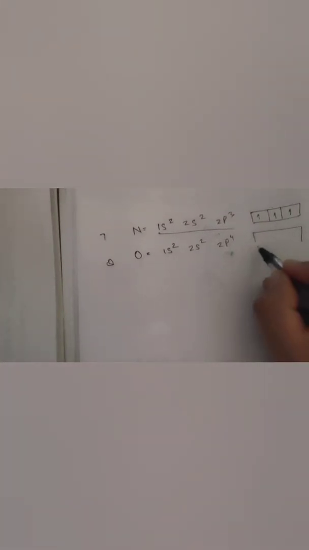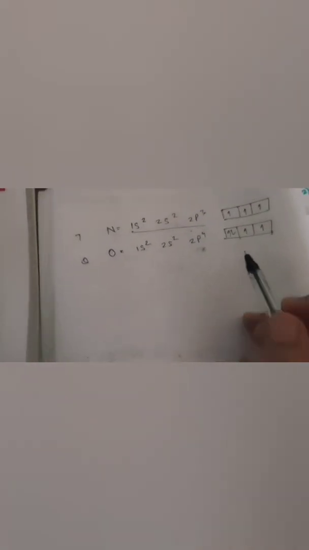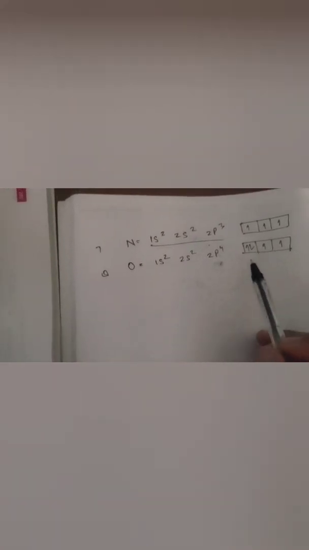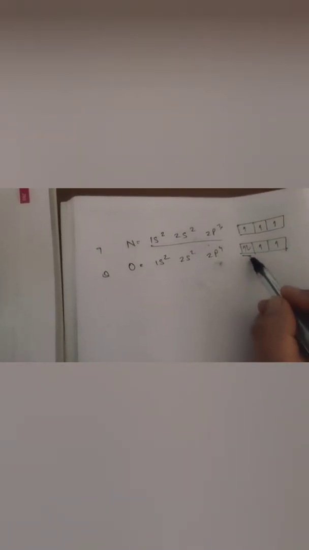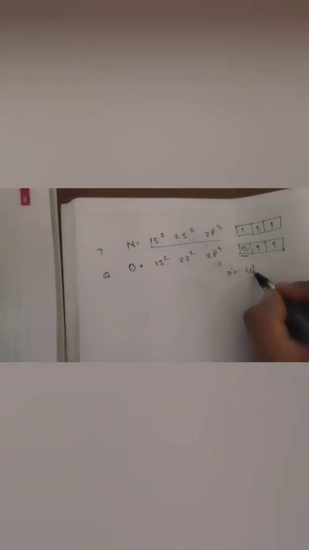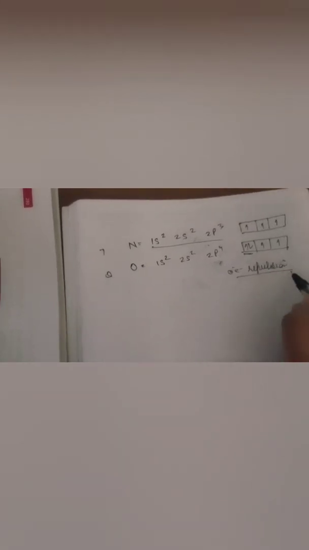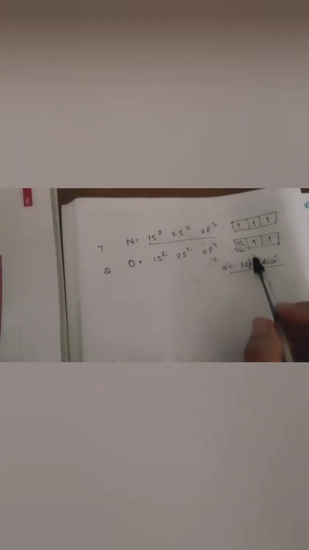If we fill the orbitals in these shells, three is the maximum number, so it would be like this for nitrogen, electrons in this outermost shell, and for oxygen it will be like this: 1, 2, 3 and 4. Since we know that it is easier to remove an electron which is already having repulsion, these are electrons of opposite spin, so electron repulsion will be there. Because of this electron repulsion, it is easier to remove the electron from this subshell.